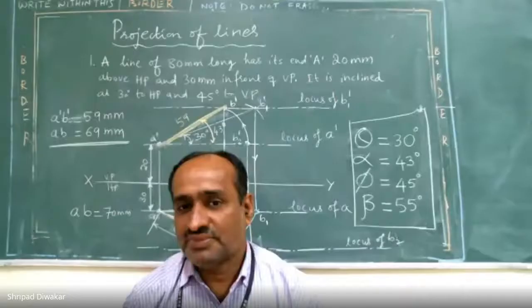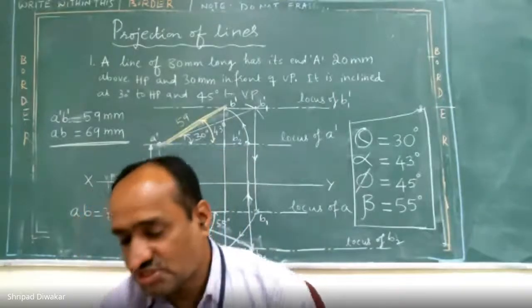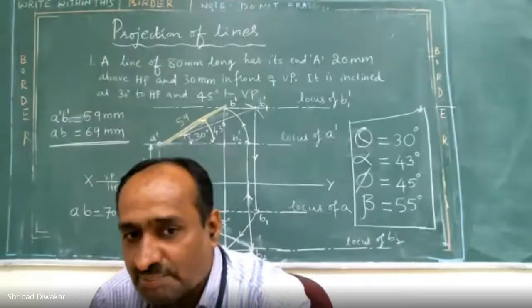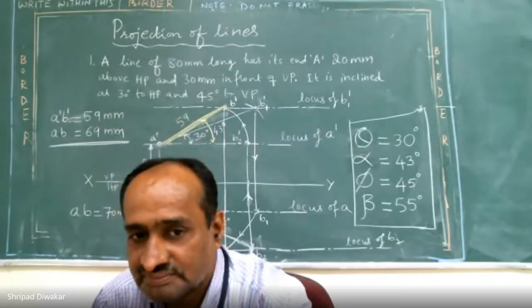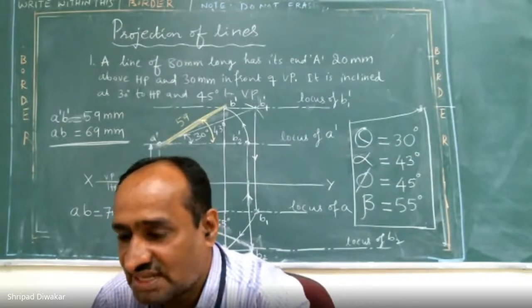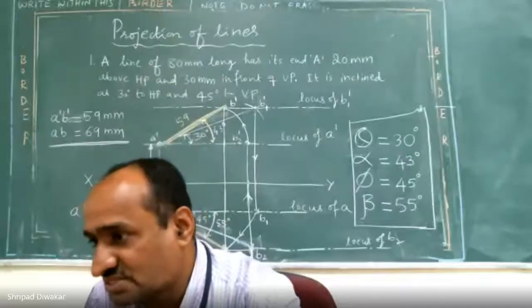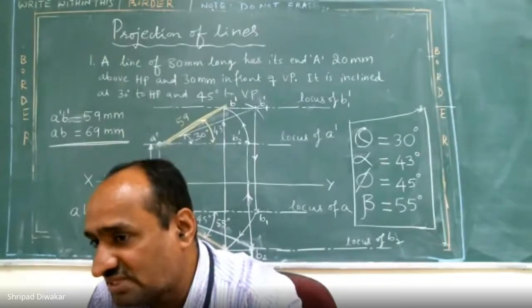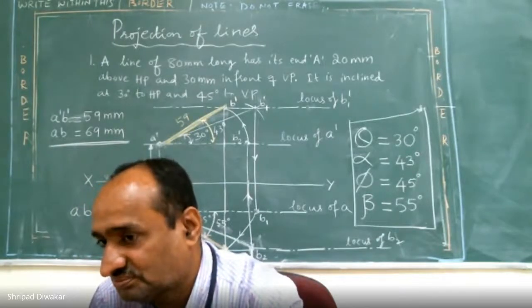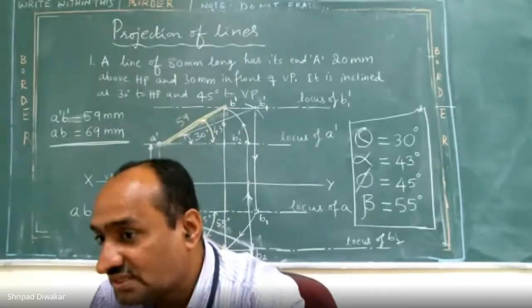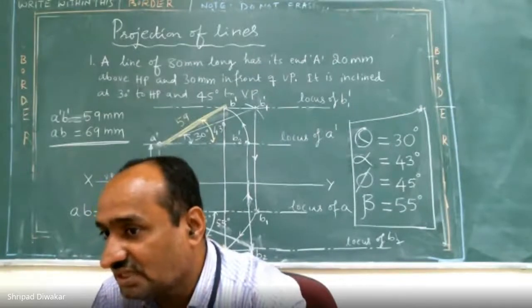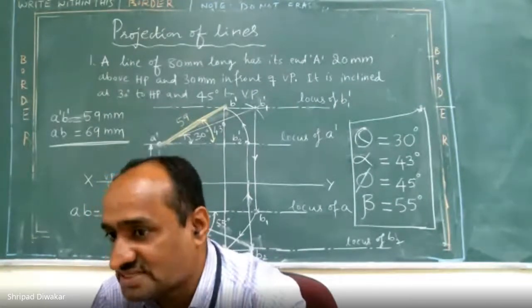So how many marks is it for, sir? In the exam you are having choice, okay? Points and lines together, it carries 30 marks. Means points 10 marks, lines 20 marks. Combined question. We don't have a choice for that, right? Or planes, okay. Planes, one more chapter I am going to explain next. Choice between points and lines or planes. Either you can solve points and lines together or one question from planes, only one question from planes.